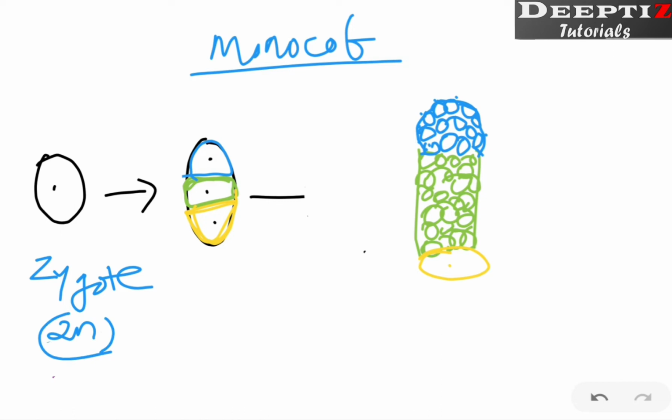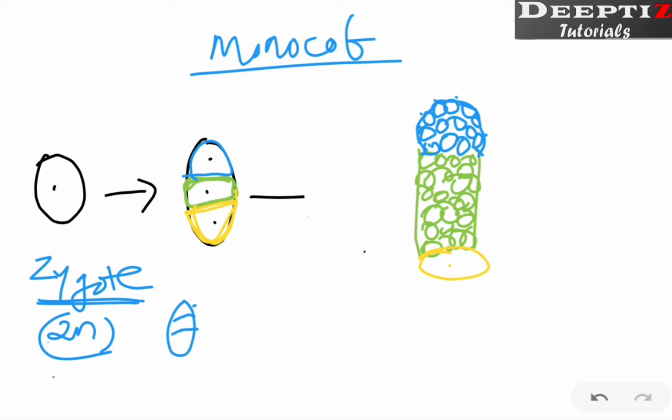Here the division is in such a way that one cell divides into two, and out of these two cells one cell undergoes division faster. So we will see a stage of three cells, which means in case of dicot it was one cell divided into two, then four, that way it was there, right? But in this case one cell divides, as a result we will get a three celled stage.